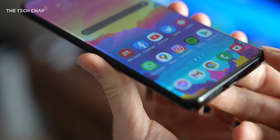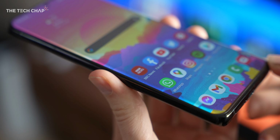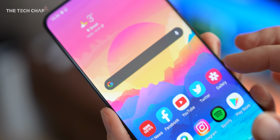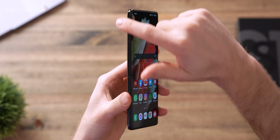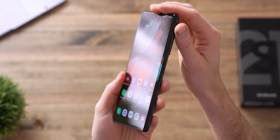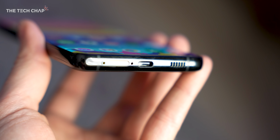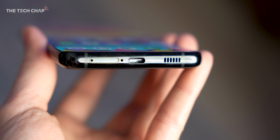You can see we've got this curved edge screen. The Ultra is actually the only model with a curved edge. The S21 and the Plus are flat, which I know a lot of you guys do prefer. There's nothing at all on the left side or on the top. On the right, we've got the volume rocker and also the power button. At the bottom, we've got one speaker grill, USB-C port, and also the SIM card tray,